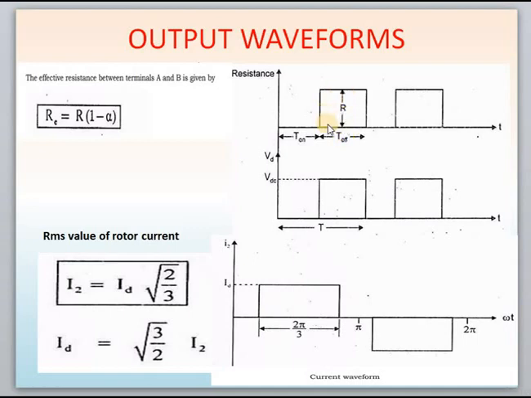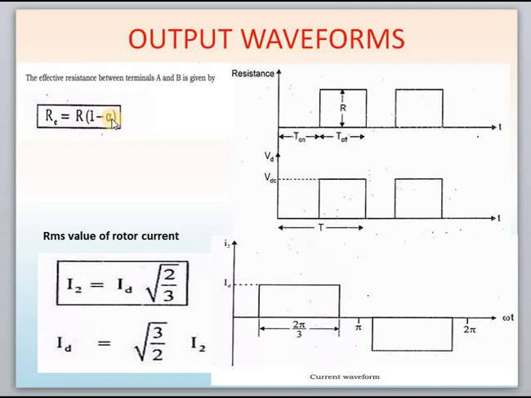That's why the complete resistance will occur across the terminals. And also the voltage across the terminals of the resistance is VDC. If you calculate the RMS value for this resistance waveform, the effective resistance value between the terminals AB is nothing but R into (1 minus alpha). Alpha is nothing but the duty cycle, T on by total time. So by varying the alpha value, you can easily vary the effective resistance, that is, the RMS value of effective resistance